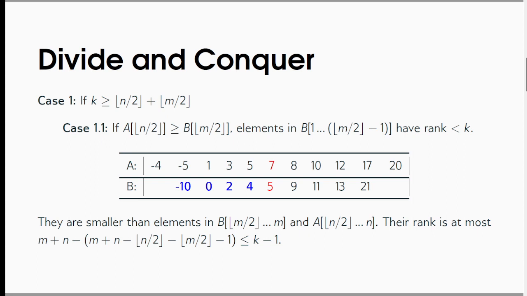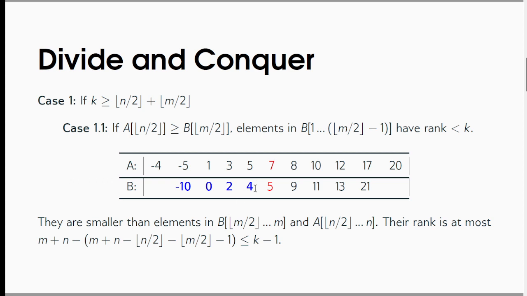So how do we approach this problem? We look at the two middle entries, n over 2 and m over 2, of A and B respectively. Now, if k is larger than or equal to n over 2 plus m over 2, then we divide it into two subcases. If A of n over 2 is larger than or equal to B of m over 2,